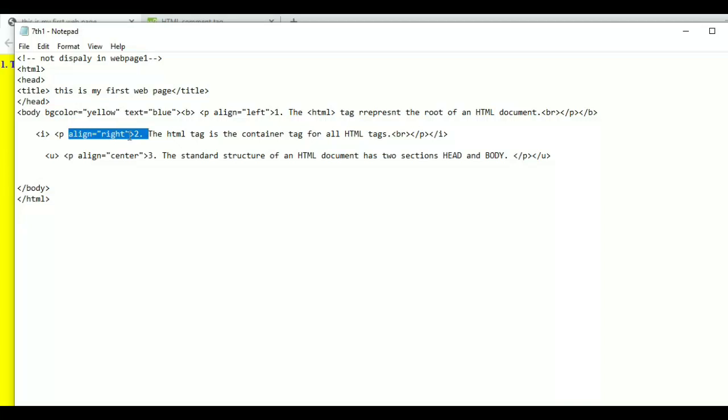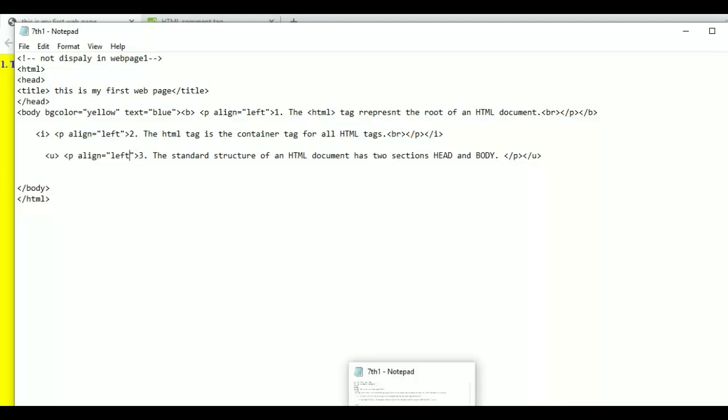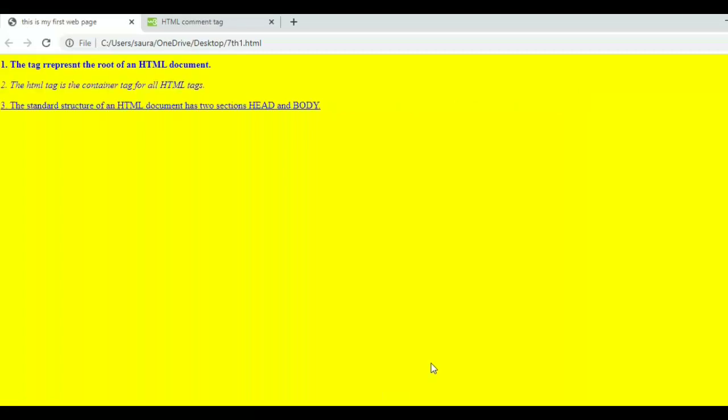So everything will change here, align to left, and also align this to left, then save, and then again refresh the page. So here the difference between all three lines, you can see first line is bold, second line is in italic font, and third line is in underline. Bold, italic and underline.